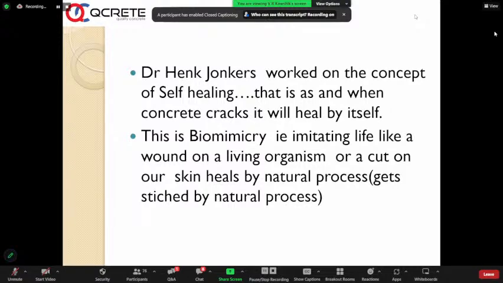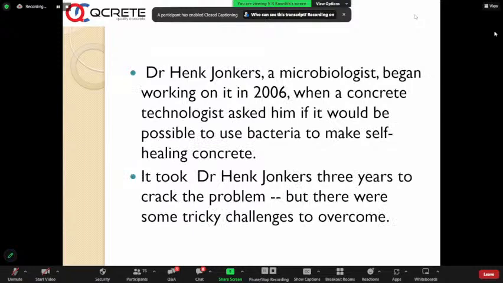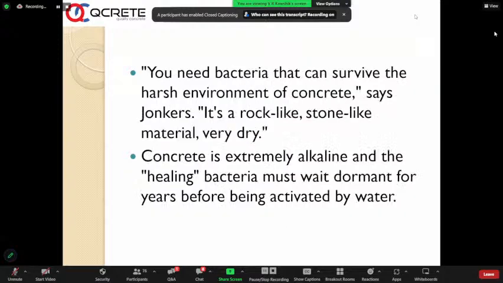and he started making what is called biomimicry, imitating life, like a wound on a living organism or a cut on our skin heals by a natural process. So in 2006, he started working on special bacteria, and this bacteria has to live. Once it is introduced, it has to be alive in the body of concrete, which is